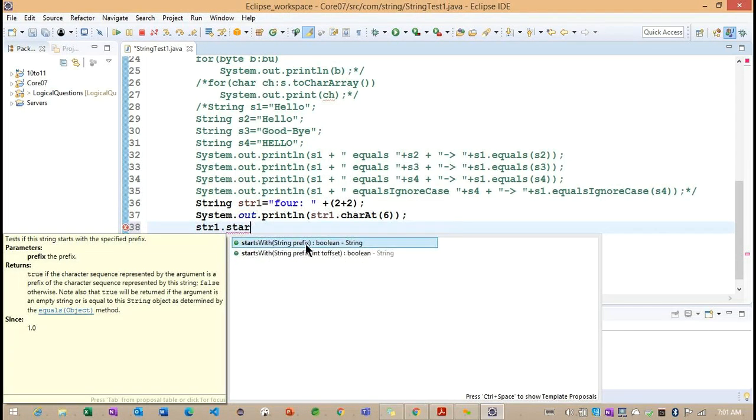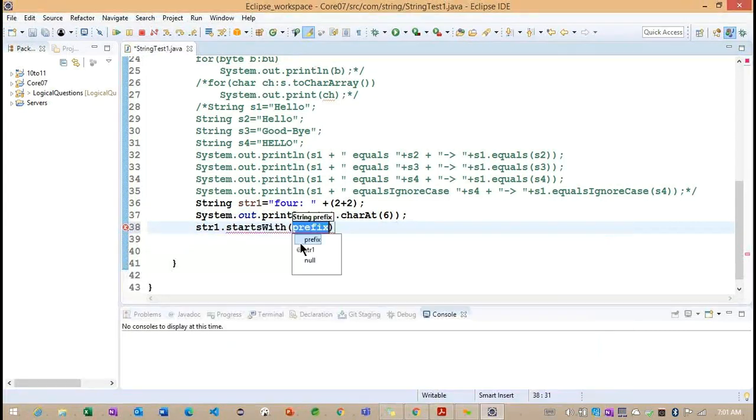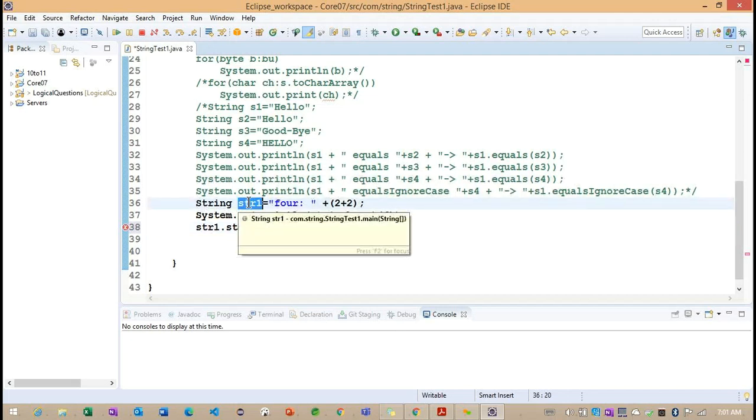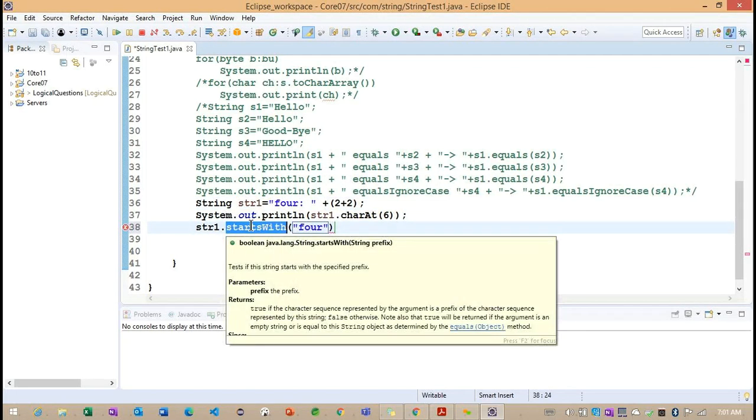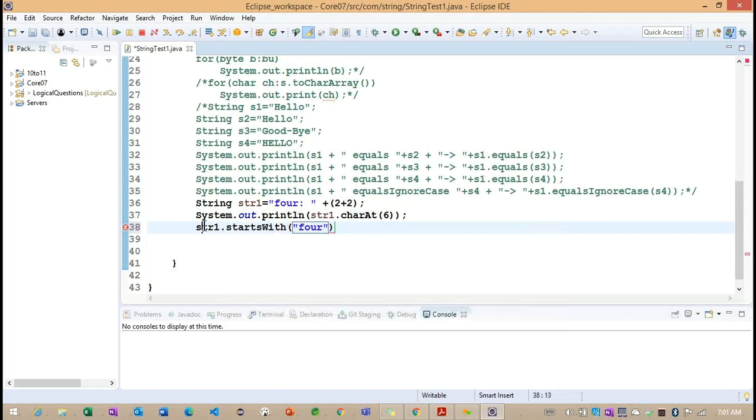startsWith, getting the point. Here it is expecting a prefix. The prefix I'm going to add like this: str1.startsWith("4"). If this string starts with this 4, the startsWith method will return true, because str1 is starting with the 4 string.